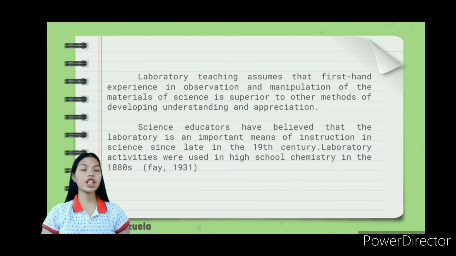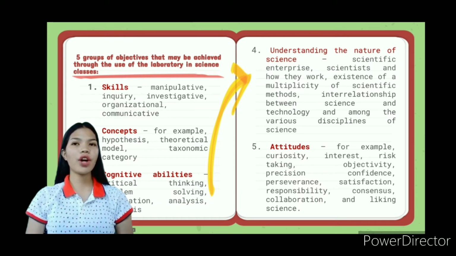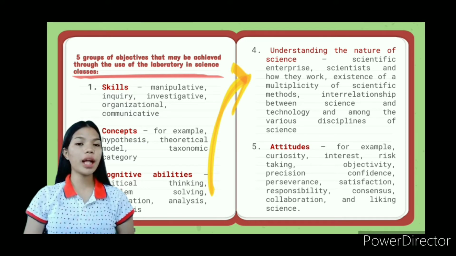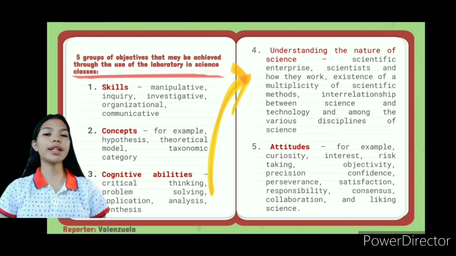Laboratory teaching assumes that first-hand experience in observation and manipulation of the materials of science is superior to other methods of developing understanding and appreciation. There are 5 groups of objectives that may be achieved through the use of the laboratory in science classes. Number 1 is skills: manipulative, inquiry, investigative,